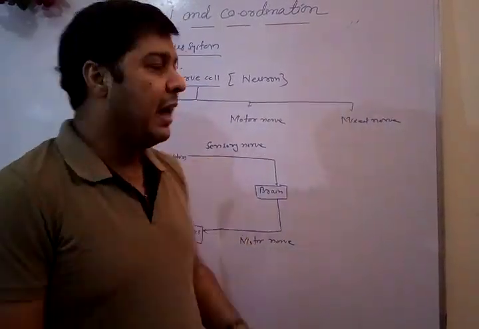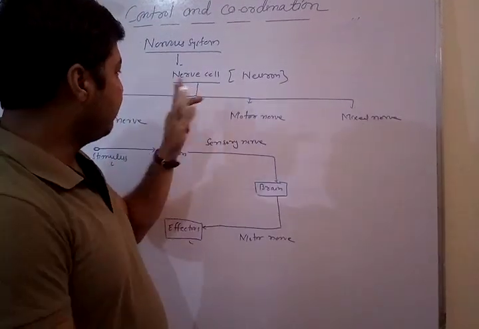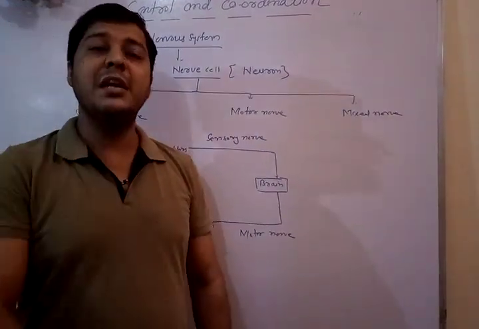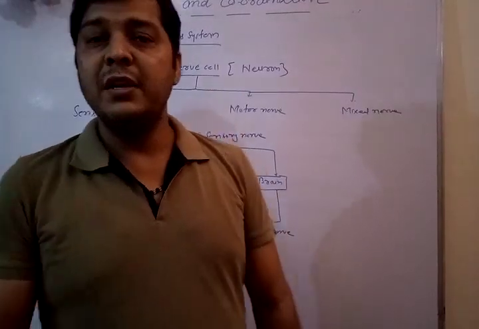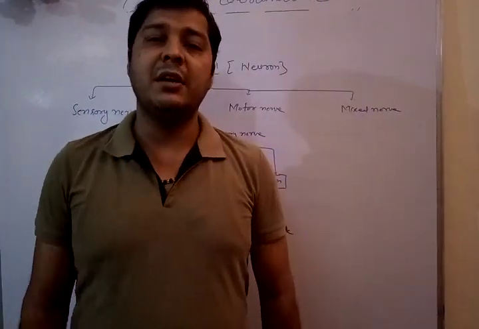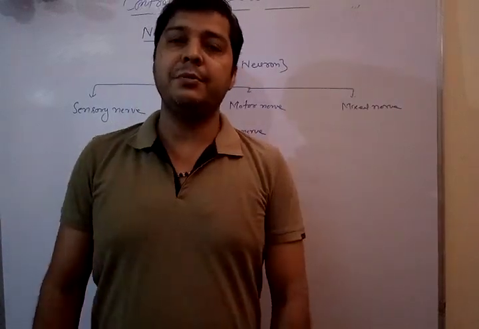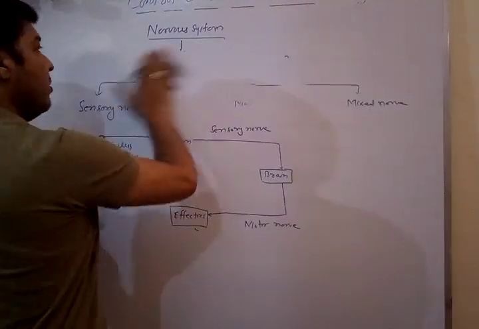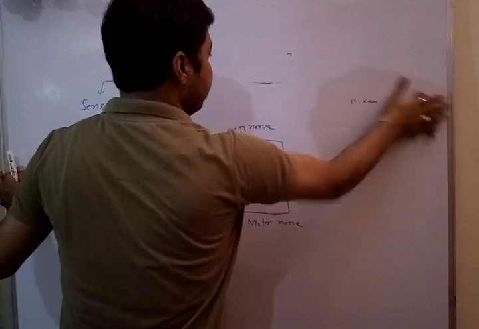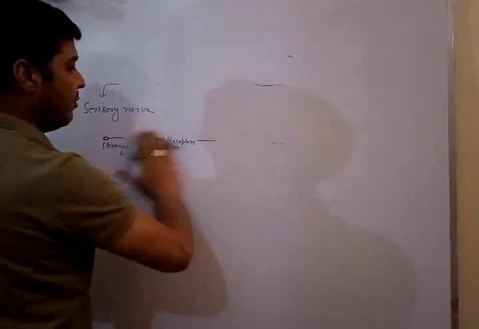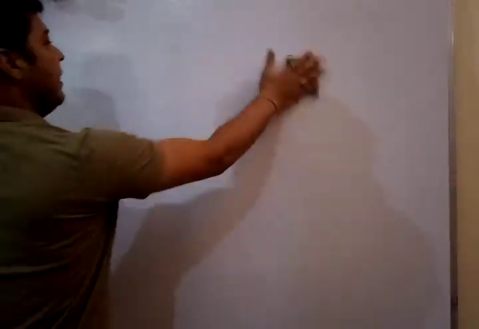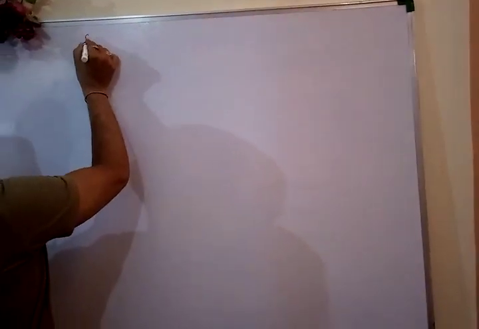Here, children, I will try to show the structure of a small neuron, how the neuron looks. And you know, the neuron is the longest cell of the body, up to 100 centimeters, up to 1 meter may be the length. So let's see the structure of the neuron. This is very important, children. Probably you might have also seen it in class 9th, 10th, but yes, since it is given, we'll see the structure